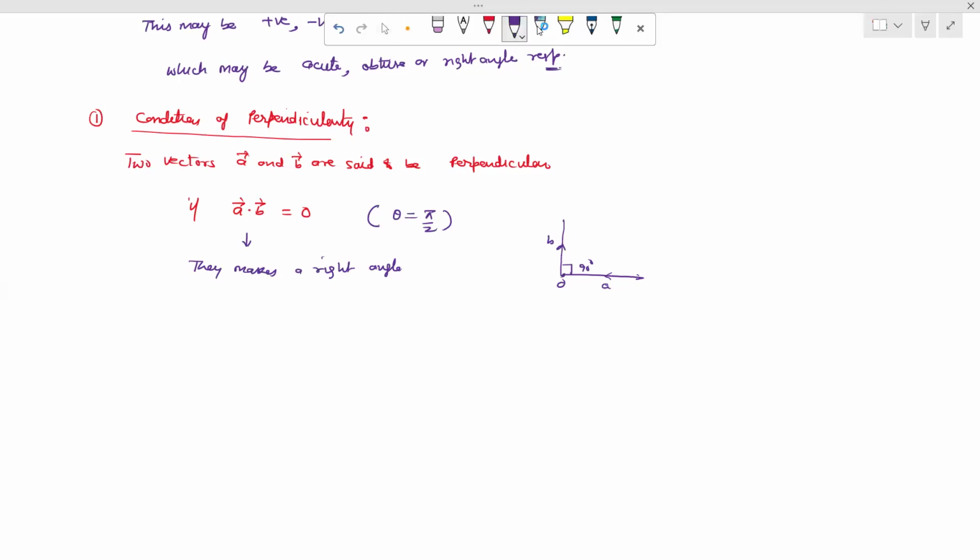Now we move to the next point, point number 2. If the vectors are in the same direction, so both vectors are in the same direction, it means that theta will